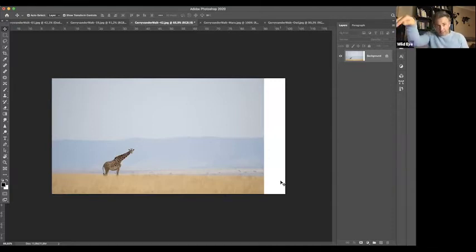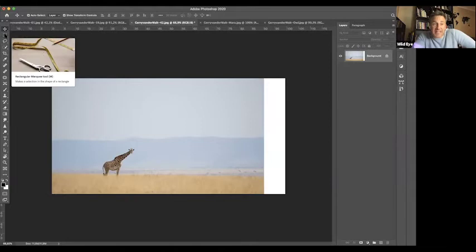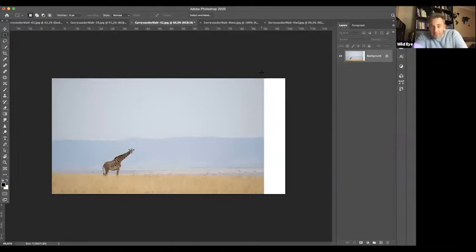But I'll do that in the print webinar next week. So I now want to use content aware and get rid of this white. Watch this. I'm not going to use the lasso tool. I'm going to use the rectangular tool because it's easier. I select a little bit of the blue and all of that.